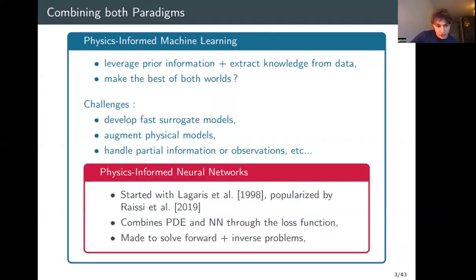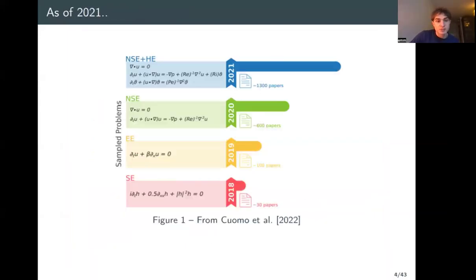Okay, so physics informed neural networks. I'm not going to introduce them. Essentially, it's a nice way to combine PDEs and neural networks. It's combined through the loss function, and initially was made to solve forward and inverse problems jointly. So there's been lots of activity in this area, and specifically lots of people are just